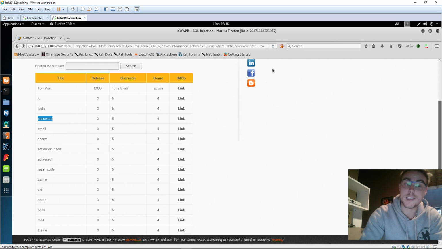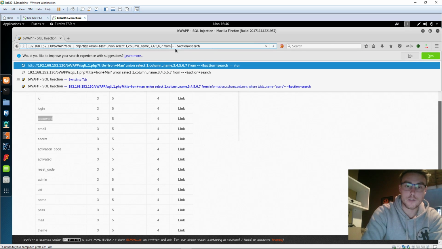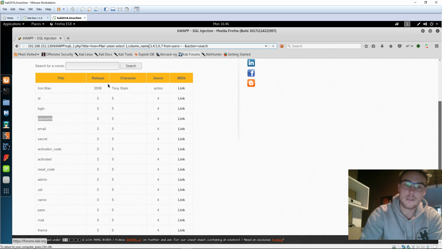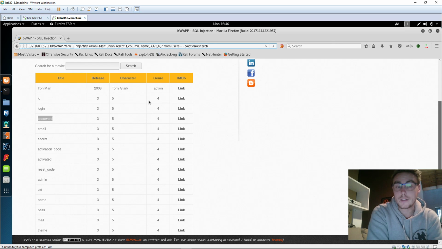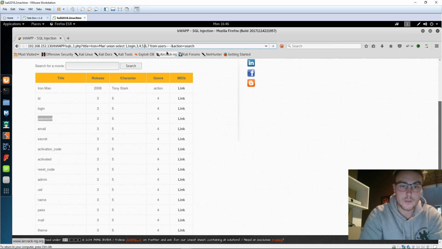So from here, the last step is just to dump all the information from those two columns. So what we'll do is remove this and change it to from users. And from those numbers we saw earlier, down here, ID, we got 3, 5, 4. We can manipulate any of those numbers to whatever we want. So what we're going to do is put in login in number 2, and in number 5, we're going to put